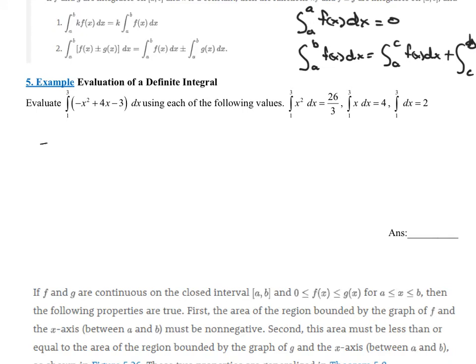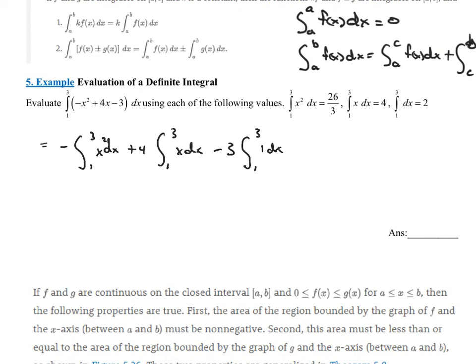So what can we do? Because this is a definite integral, we treat it just like it's an indefinite integral using all the same rules. So we're going to separate this into 3 separate integrals. We're going to pull each of those constant multiples out in front. So let's see what we'd have. We'd have negative the integral from 1 to 3 of x squared dx, right? Then we'd have plus 4 times the integral from 1 to 3 of x dx. And then we'd have minus 3 times the integral from 1 to 3 of 1 dx, or just dx there,